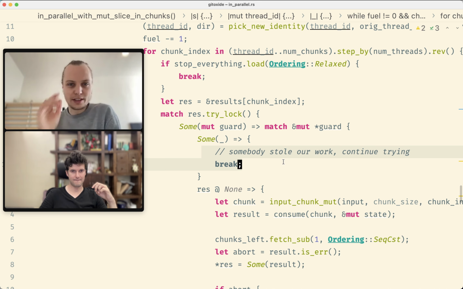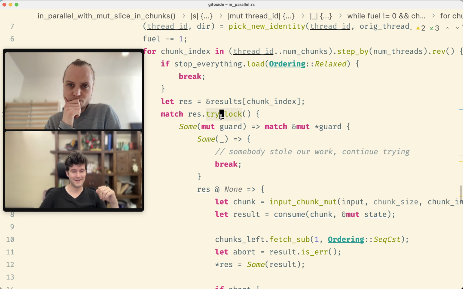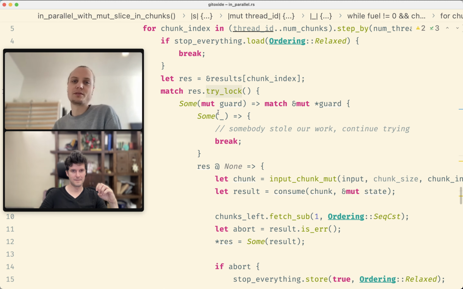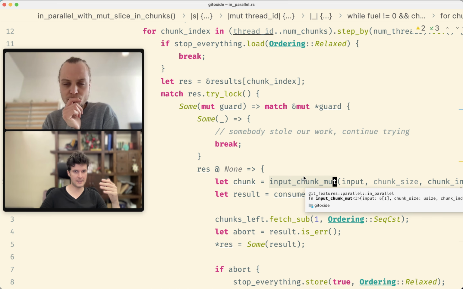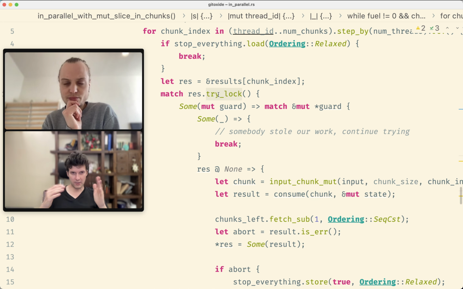But could it happen that two threads work on the same chunk at the same time? No. I mean, shouldn't be, the answer should be really no, because before a thread is working on a chunk, it has to get the result block. Yes, and then it knows if it has already been worked on or not. So we don't protect the input itself because we don't own the data. We can't just throw a mutex in, otherwise it doesn't work. But we lock a parallel data structure that is equivalent, which is the result, which we